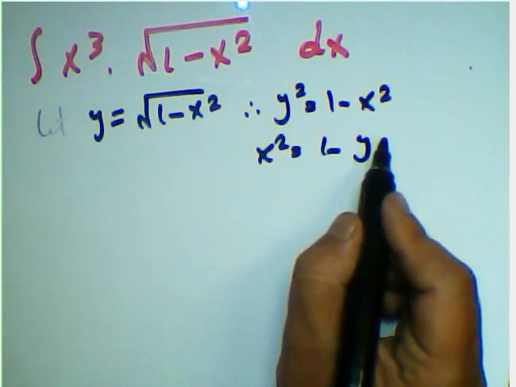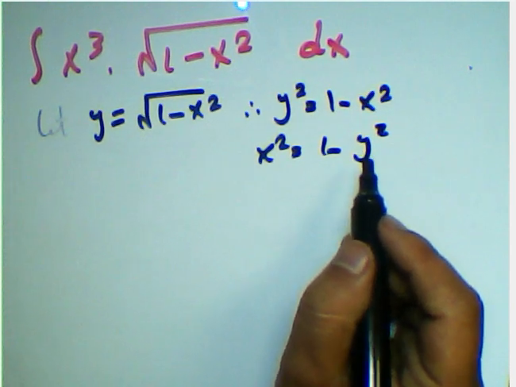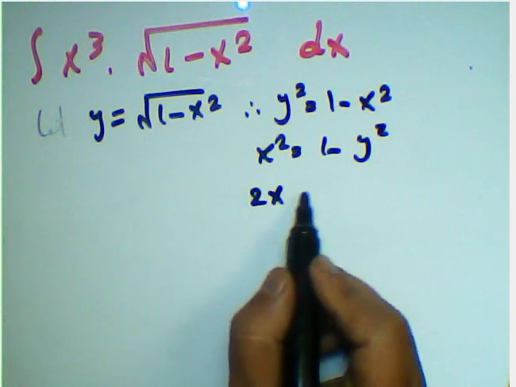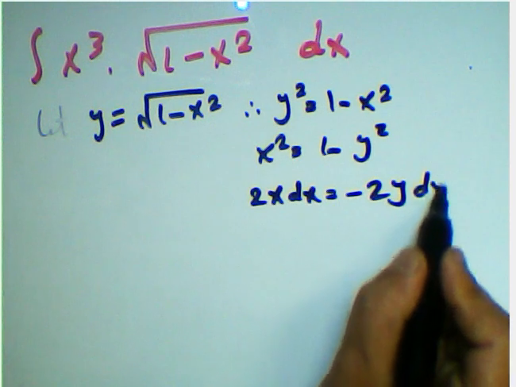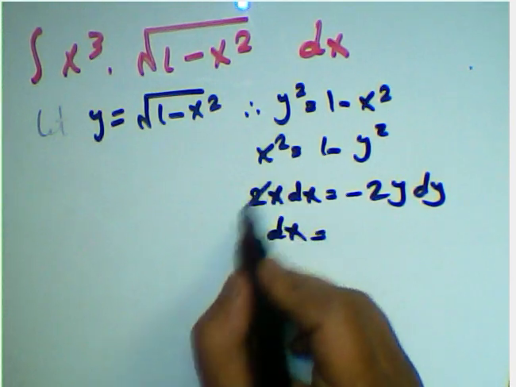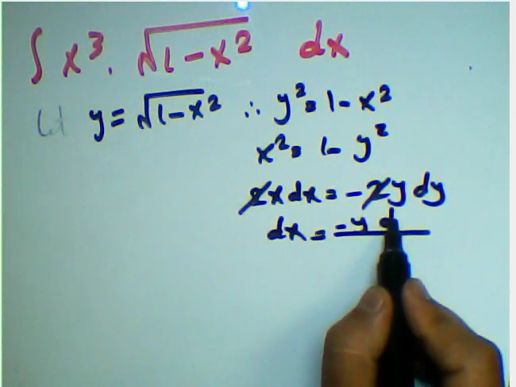We can write the derivative of this function: 2x dx equal negative 2y dy, then dx equal, we can cancel 2 by 2, negative y dy over x,